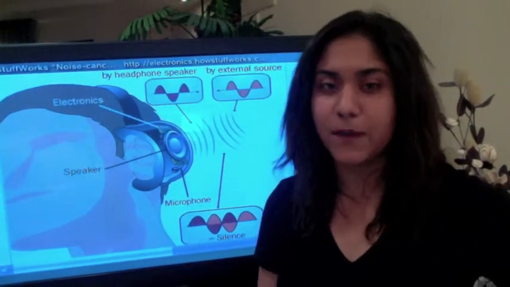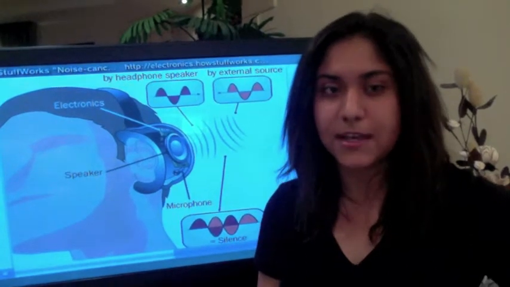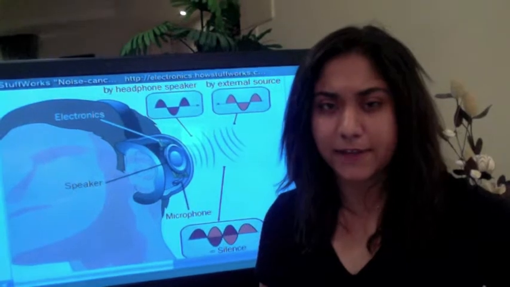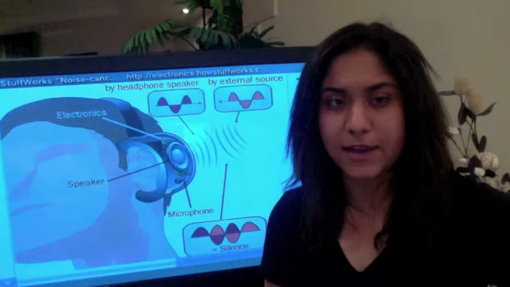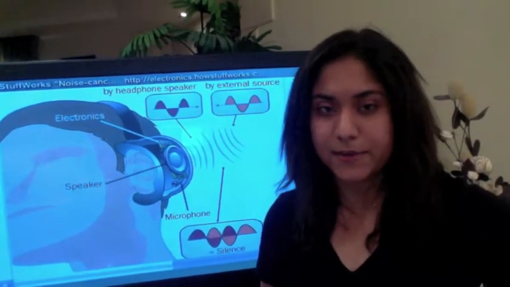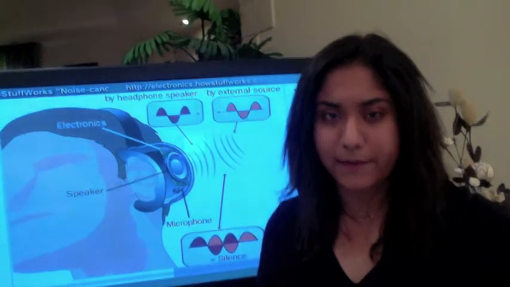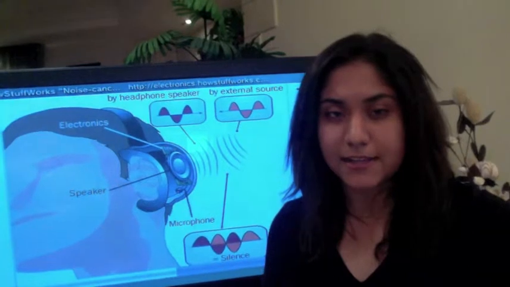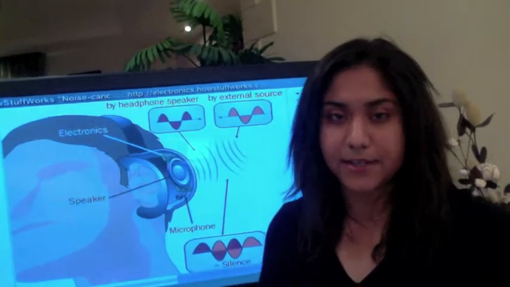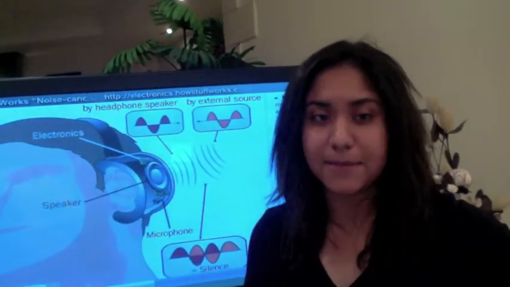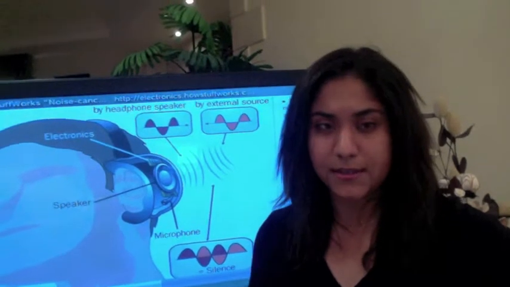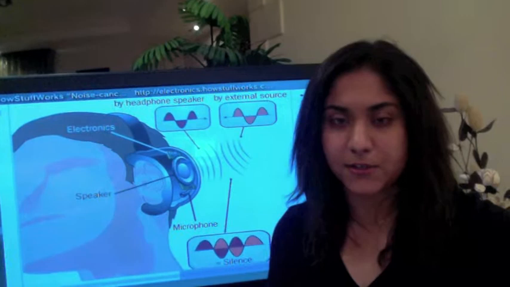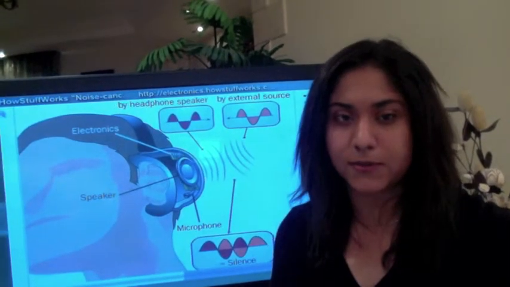Another type of noise-canceling headphones is active noise-canceling headphones. They have structures that create a barrier that blocks high-frequency sound waves. They reduce the noise also by erasing the lower frequency sound waves. Noise-canceling headphones achieve this by creating their own sound waves that imitate the incoming noise. The sound waves created by headphone speakers and the noise created by an external source share equal amplitudes and frequencies,